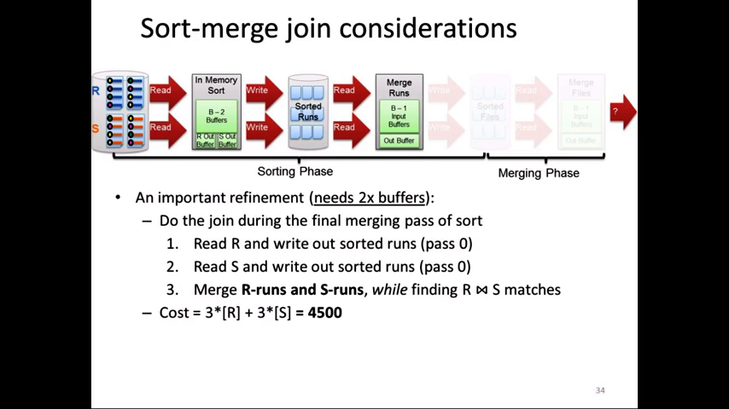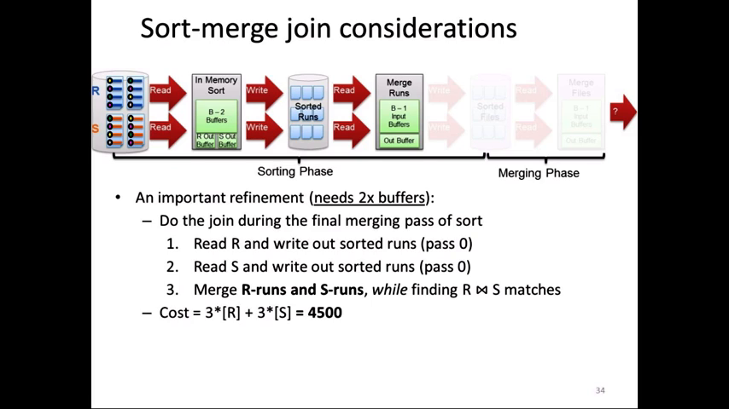Regarding the sort merge join approach, we have seen the big picture in which we have a phase 0 and then phase 1 for sorting R, same for sorting S, and once we have the sorted relation R and the sorted relation S, we merge them in the merging phase. But there is an important refinement that can be done here that basically brings the merging earlier, but it needs more buffers. It needs 2 times more buffers. And